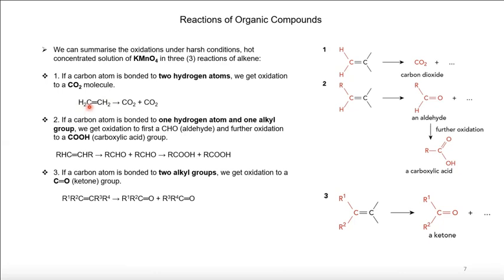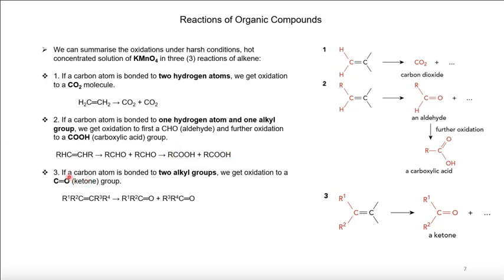If just two hydrogen atoms are attached to the carbon, then in this case we get carbon dioxide as the product. If we have one hydrogen atom and one alkyl group, we get first an aldehyde, and then with further oxidation we get a carboxylic acid. That is what we show here. In this carbon, one hydrogen and one alkyl group, we get first an aldehyde, and then with further reaction it gets